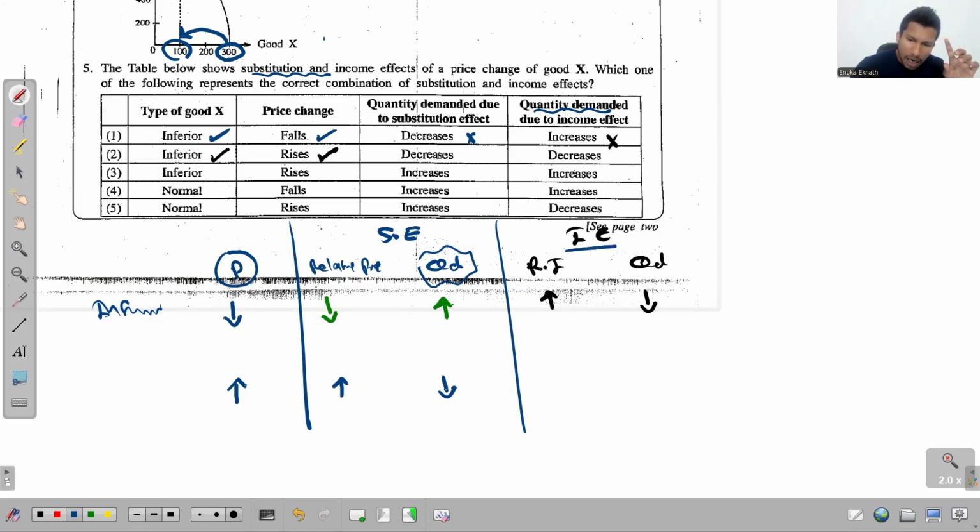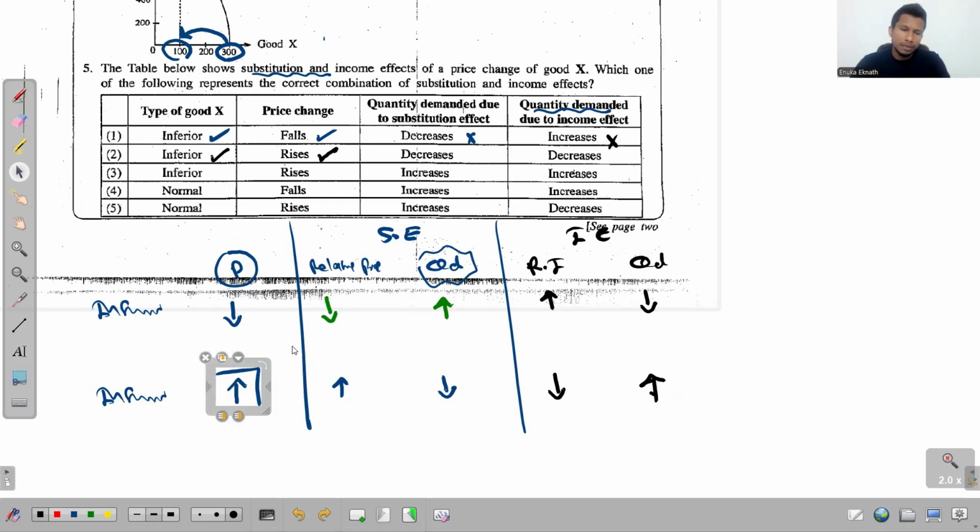Now we will discuss what happens under income effect as well. Okay, so once again, when the price increases, what happens to consumers' real income? Real income decreases. So as a result of the decrease in this real income, remember again, this is an inferior good. So when the real income decreases, there is a negative relationship between income and the quantity demanded, so that when the real income decreases, QD increases. Right. Now we will compare this with the provided answer. The second option says the product is inferior, the price increases.